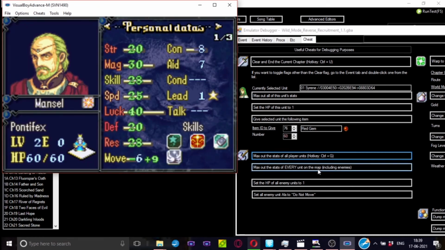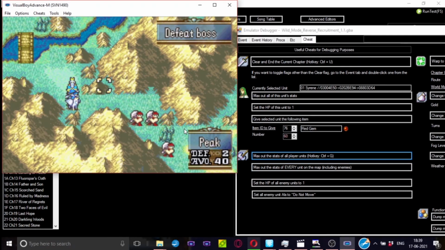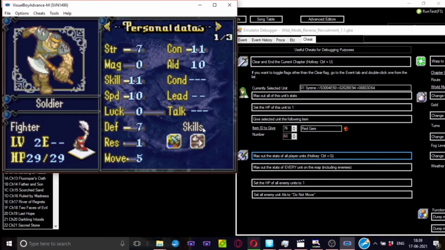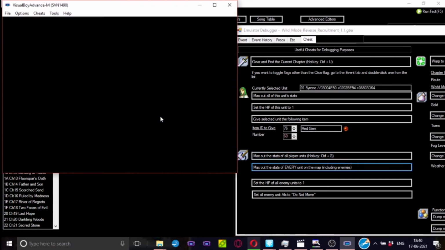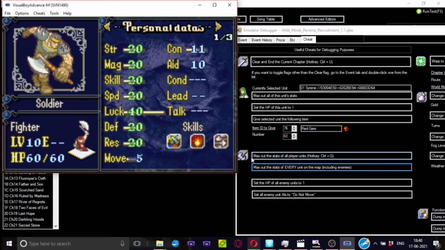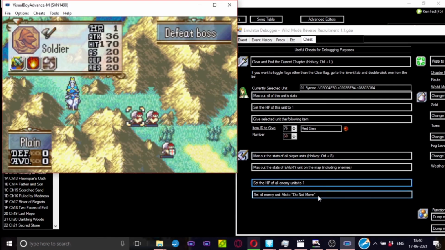You can choose a game. And this includes enemies, I guess. So I'll just show you a fighter's stats, just so you have a reference. Okay, there you go. Enemy stats are maxed out. Just test around. And I guess you got level 10 instead of 20. So yeah, have fun. Oh, you can even cheat more and change HP to 1, so meme around this, I guess. And you can set all the enemies to not move, so if you want to cheat this even further,